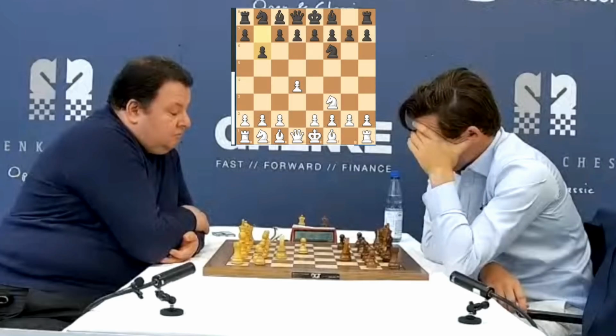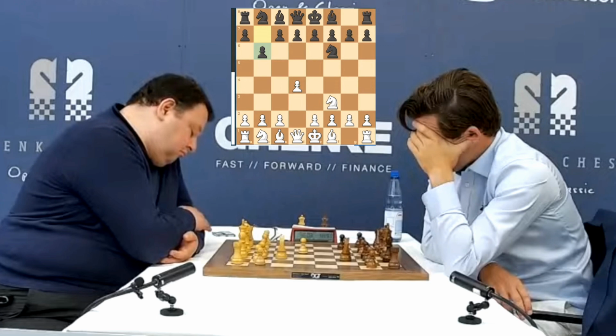Back in the tournament, but easier said than done. Daniel, a very, very solid player with the white pieces, went for pawn to d4, knight to f6, and knight to f3. Carlsen is trying to maybe mix it a little bit by pawn to b6, but that's not